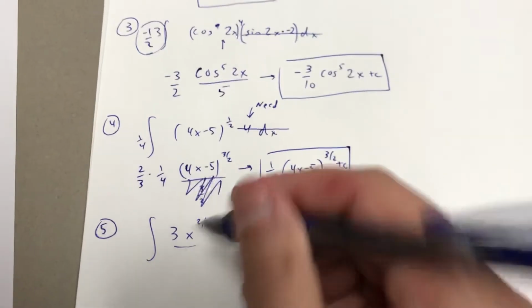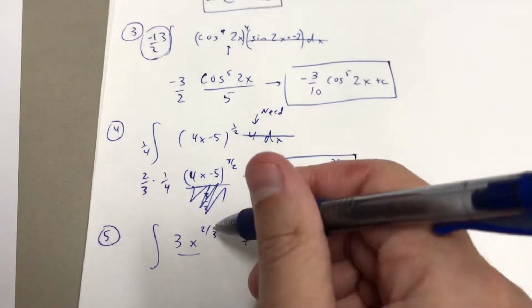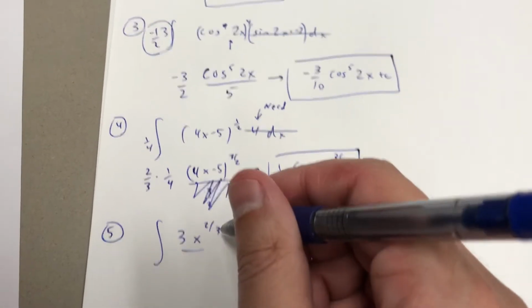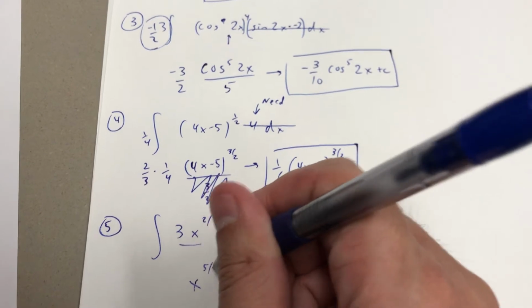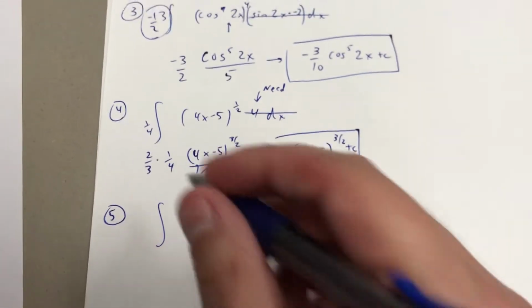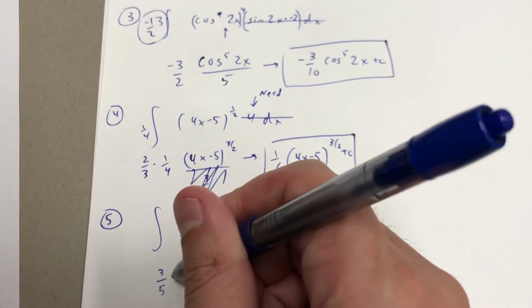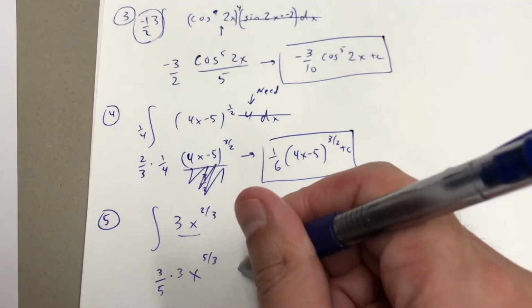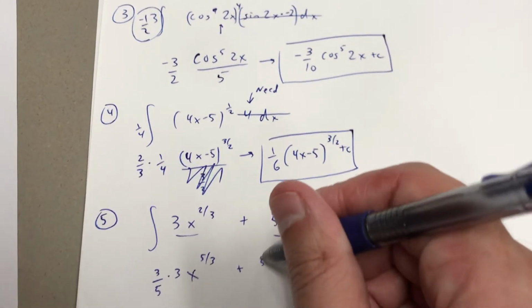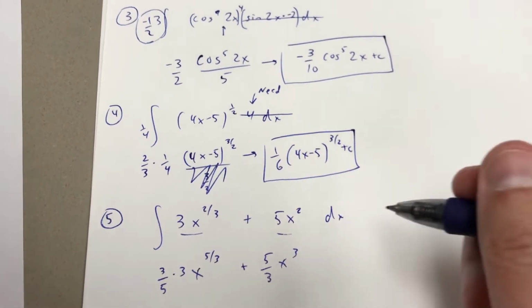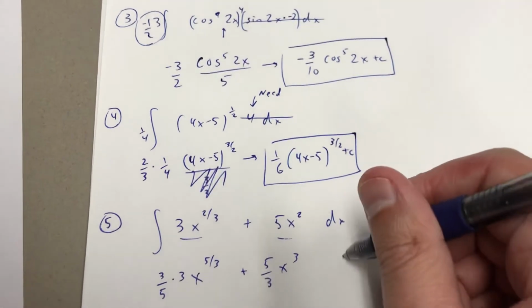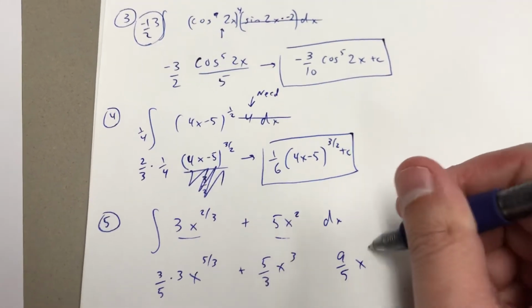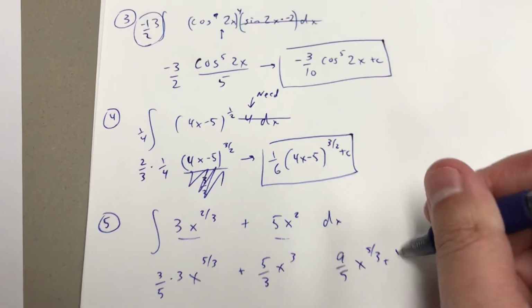So raise your power by 1, divide by the new power. 2/3 plus 1, that would be 3/3. That would be x to the 5/3. You're going to divide by 5/3, which is the same thing as multiplying by 3/5. Okay? And then over here, raise the power by 1, divide by the new power, and we'll get that. So it looks like it's going to be, if I'm doing this right, 9/5 x to the 5/3 plus 5/3